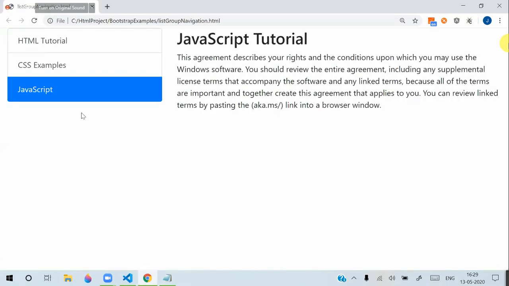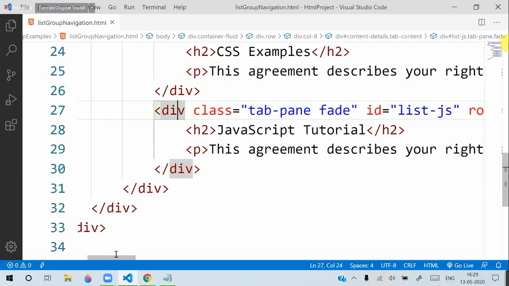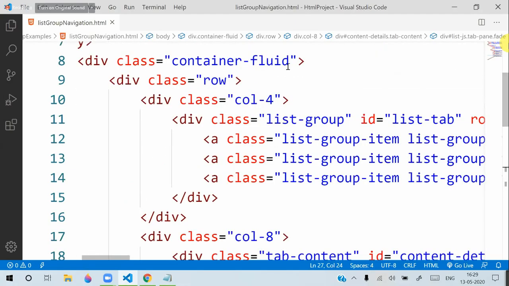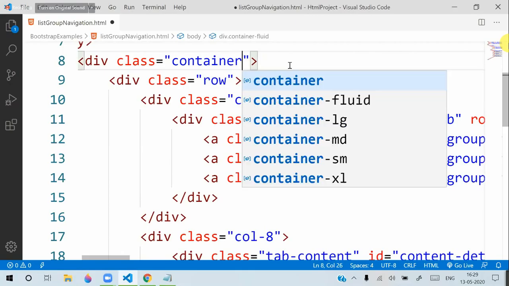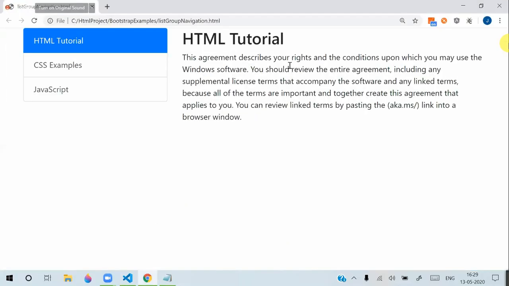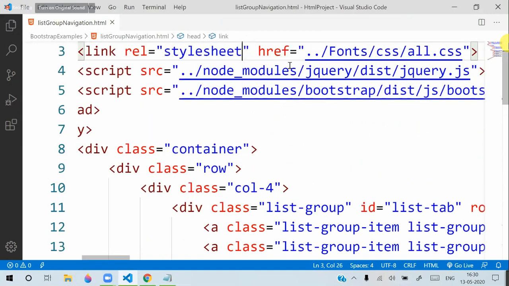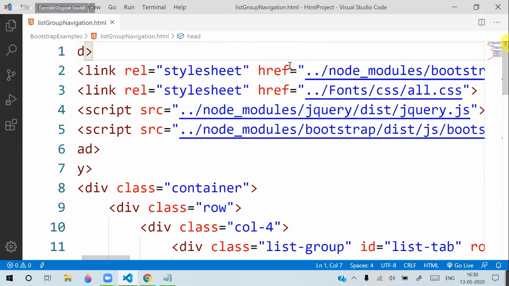Later, you can use a navigation panel for tabs so that it can get a good appearance also. That we can do later. Initially, we have this container. I will keep this in a container, just a container. And usually it will be like this. And at the top, when I am defining the style,